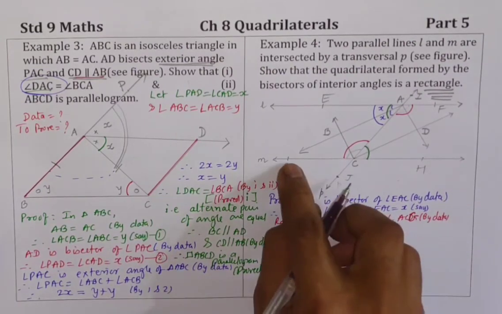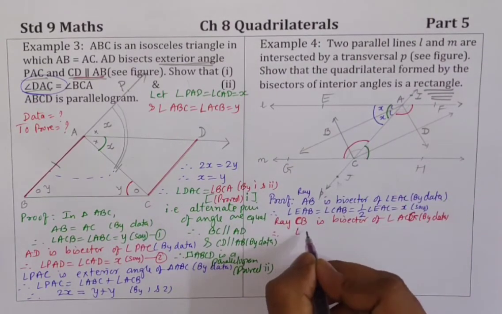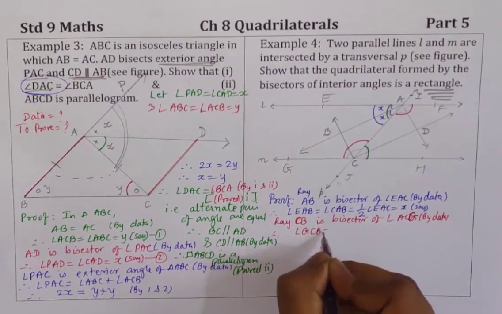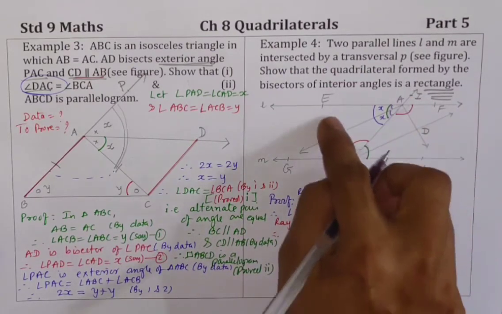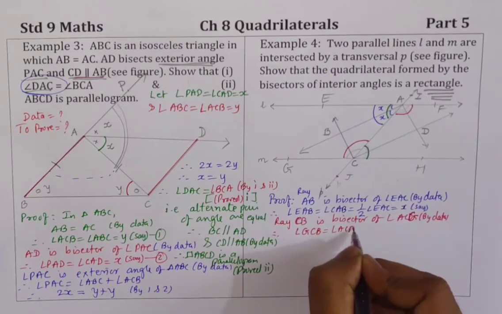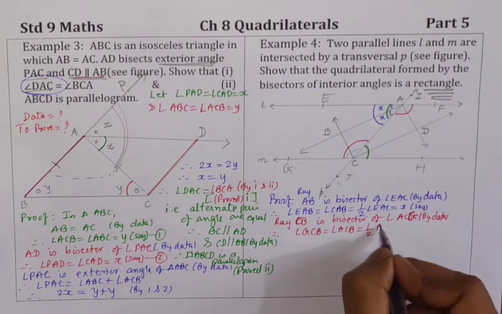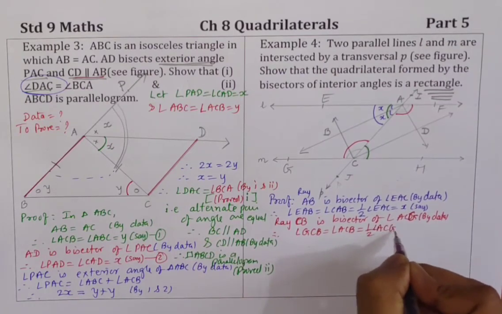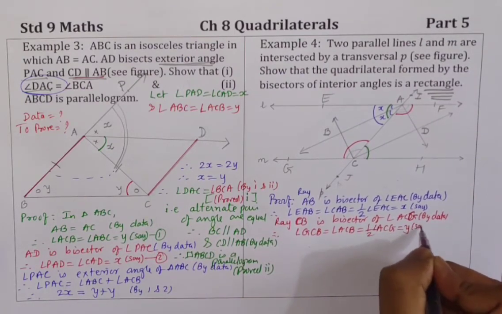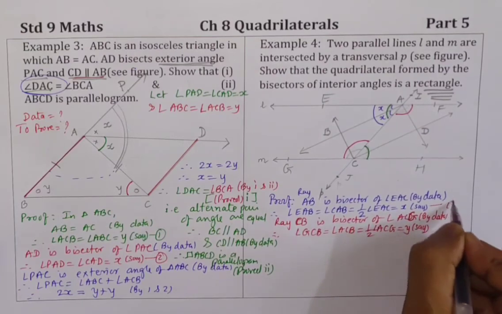Therefore angle GCB equal to angle ACB is equal to half of angle ACG, half of angle ACG is equal to y say. This is result 1,